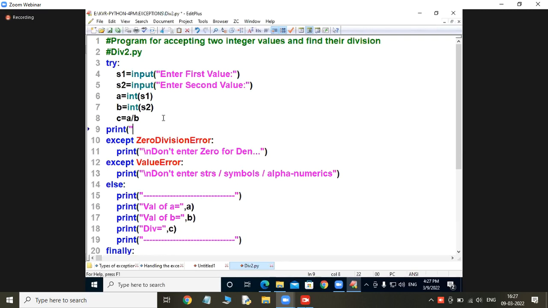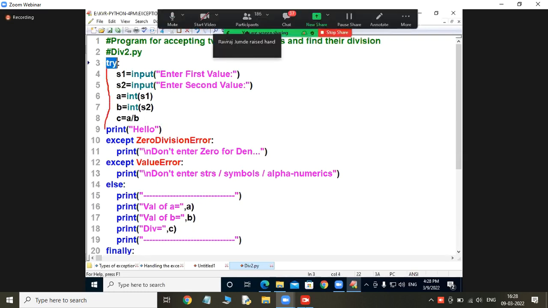Between try and except, I'm writing something like hello. Immediately after the try block, indentation is what is required, and except is required. But I wrote some other kind of intermediate statements, my dear students.